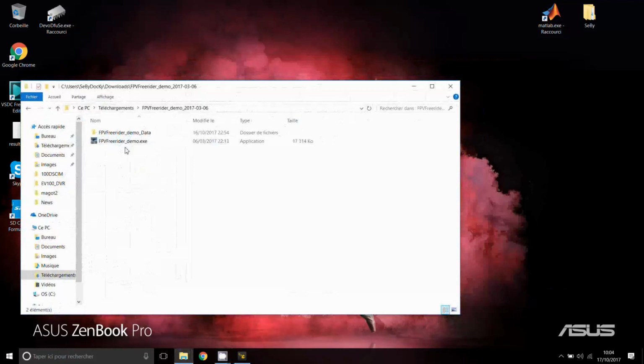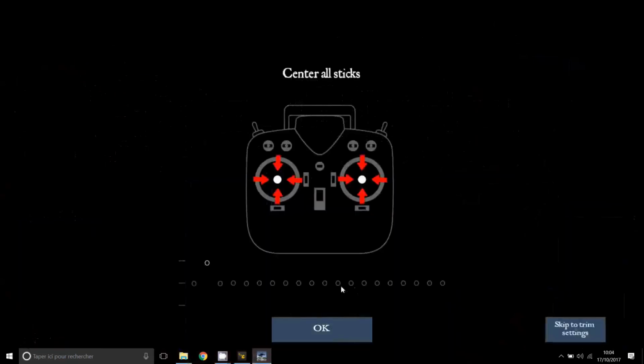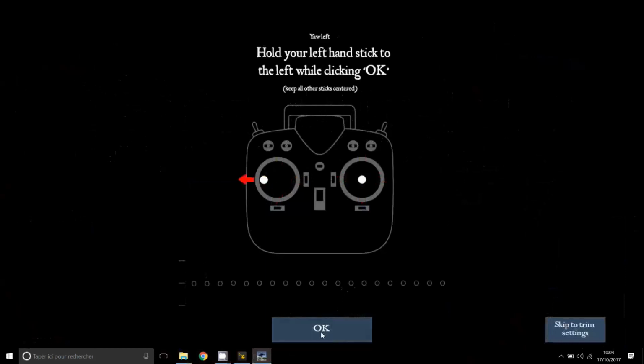CH/game. Okay, I will do it. And as soon as you did it, the vibration will stop, and you have your PC indicating that a USB port is connected. I will now run the FreeRider software. Okay, and the most important, the first thing will be to calibrate the controller. So you will have to center all the sticks, okay, like this, and I will redo the calibration. So we press OK, and I will turn the